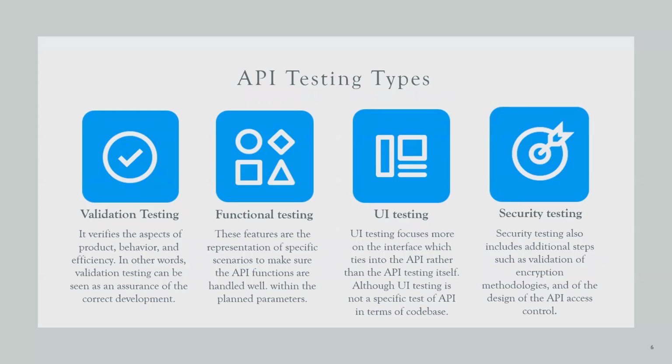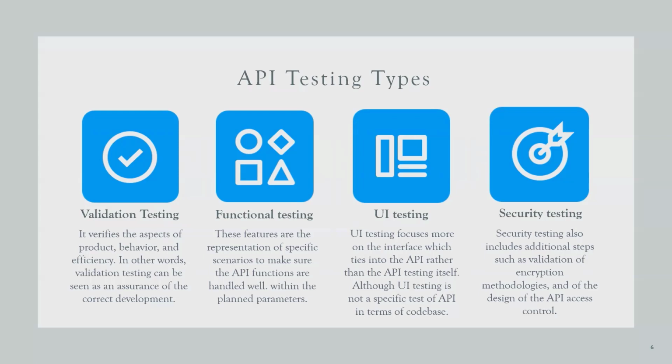First is validation testing. It verifies the aspects of the product's behavior and its efficiency. In other words, validation testing can be seen as an assurance of correct development. Generally here we are verifying the complete request and response method. Let's say we have 5 tags defined in the process of building the development cycle in the request method, but the development team has identified additional steps, then that needs to be incorporated and requires approvals. Next is